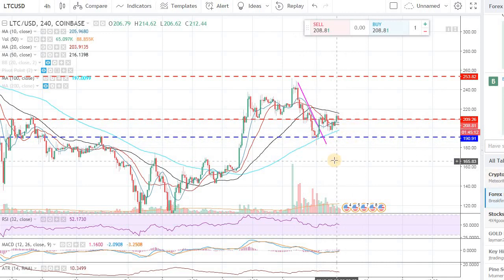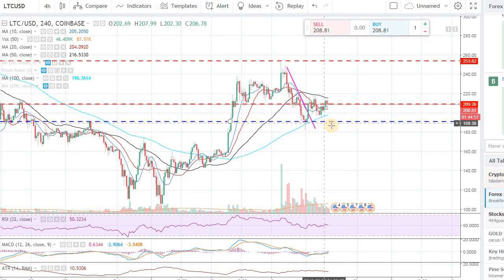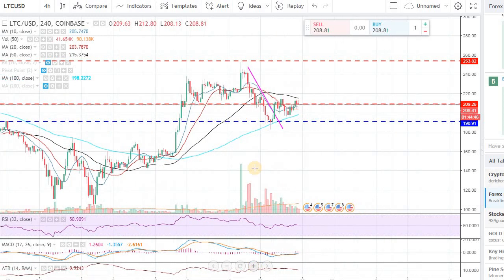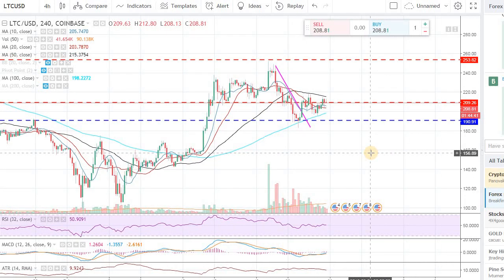I think there are investors and traders who are coming into Litecoin right now, but some of them are on the sideline, some of them are already probably putting some position. You can just sense it by this price action, because it's not typical price action compared to the overall market. It's staying pretty strong. So what that tells me is there are investors and traders who are already in Litecoin, and some of them are probably on the sideline waiting for the confirmation from the overall market